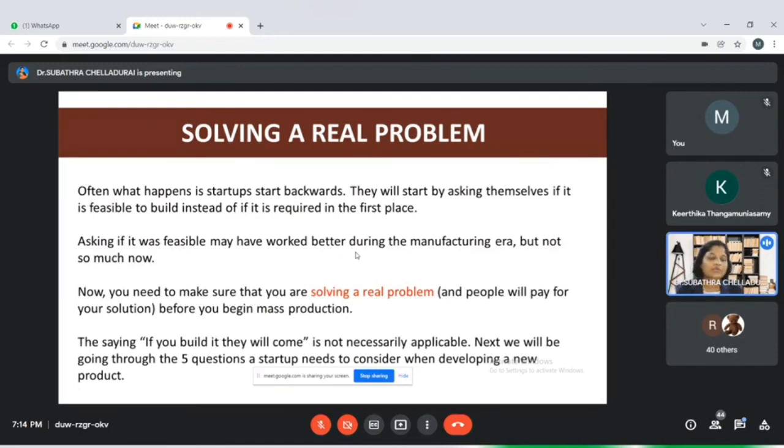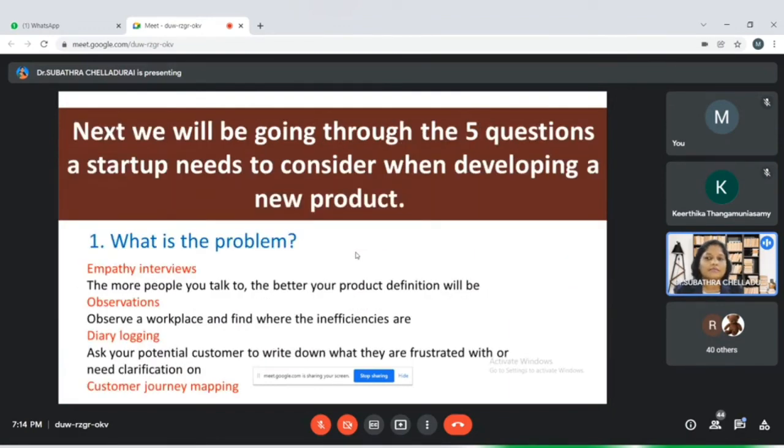Next, we will go through the 5 questions for the startup needs. As I told you, you need to ask 3 questions; likewise, the 5 important questions you need to focus on when finalizing the problem solution fit. What is the problem actually? How can we identify it? We said: is it required, can I do it, will they pay for it. More than all this, they will buy it when